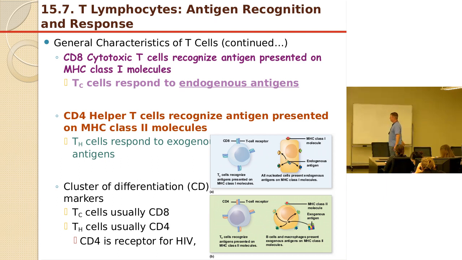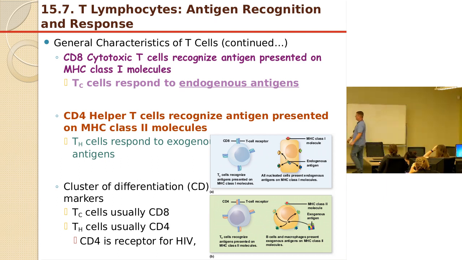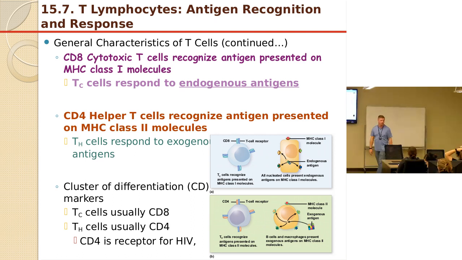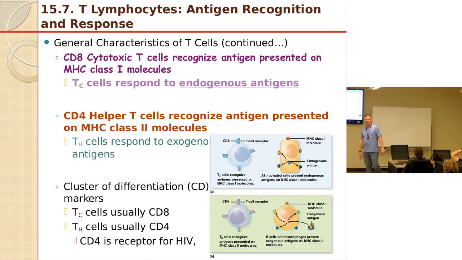So characteristics continued. CD8 T cells recognize antigen presented in MHC class 1. Hopefully by the time this is all done, you've listened to the videos and you've got this process in your head. Like I said, this is two of the questions that people tend to miss the most. I think they're gimme questions, but they tend to miss them. What do CD8 T cells recognize? MHC class 1. CD4s,